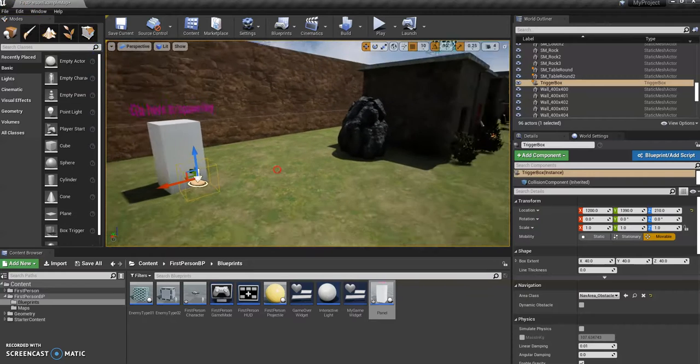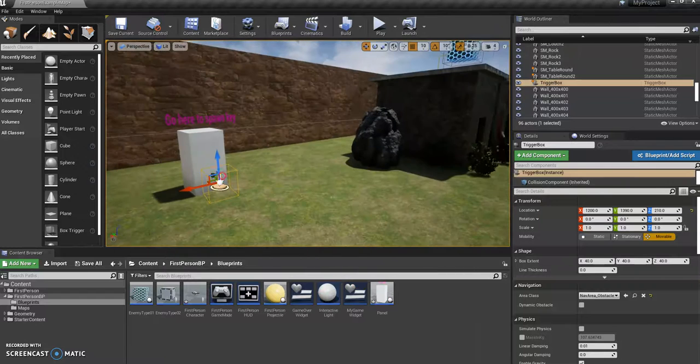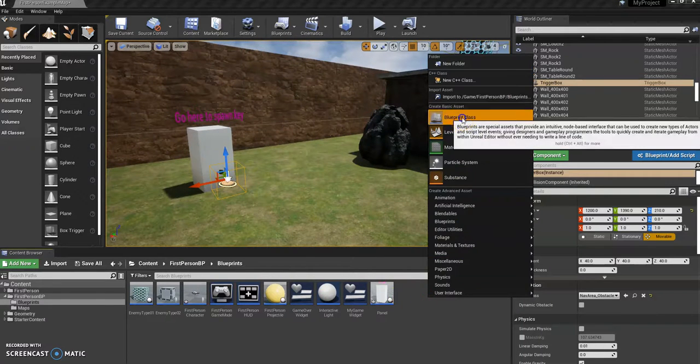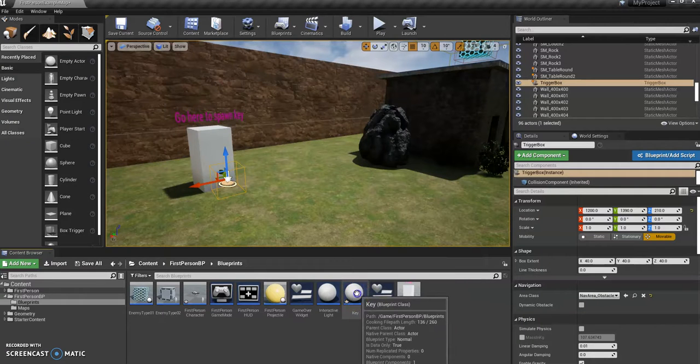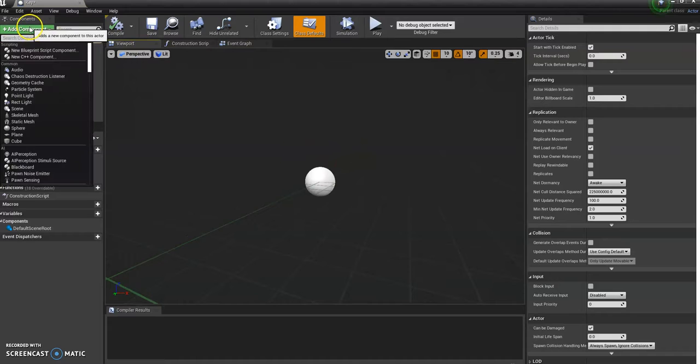So next thing we want to do, we need something for it to actually spawn before we can continue. So again, over here, go to blueprint class, make another actor, and call this the key. Right, and open up the key. Again, obviously, we would normally have a model of a key or something, whatever you wanted the key object to be,